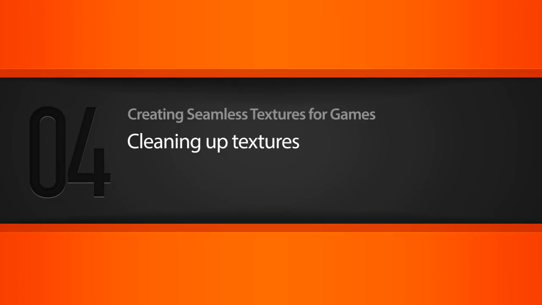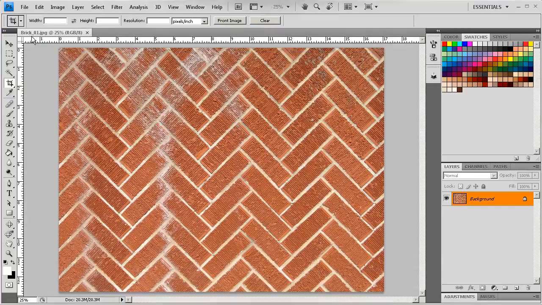In this lesson, we're going to discuss some key steps to cleaning up raw images for the best possible result when creating seamless textures. Okay, so we're going to be working on brick_01, and you can find that in your raw images folder of your project files. Go ahead and bring that into Photoshop, and the first thing that you're going to notice is this residue